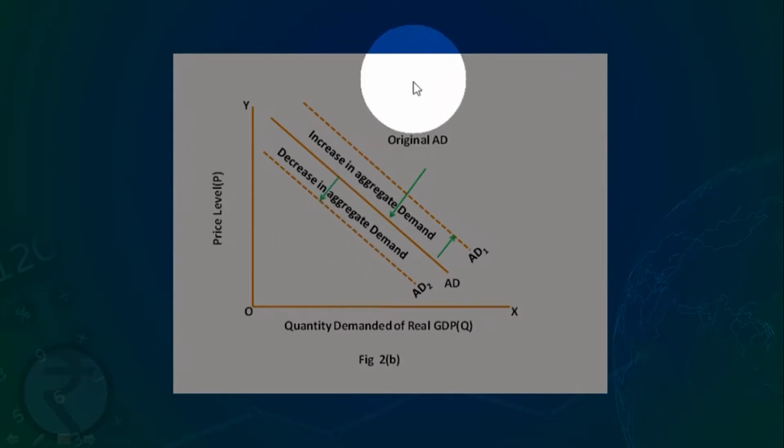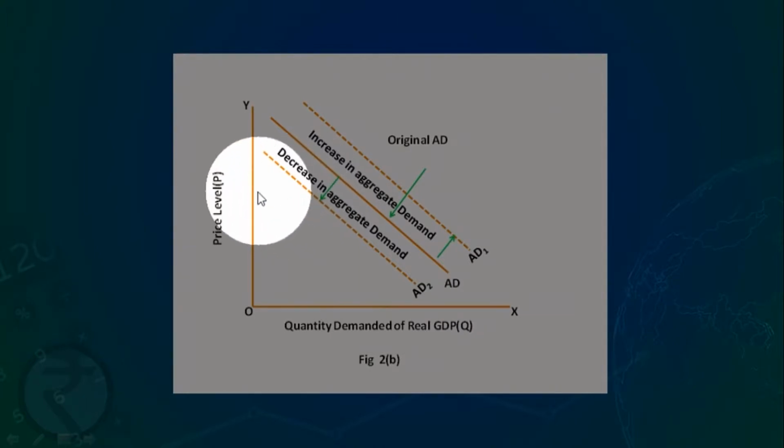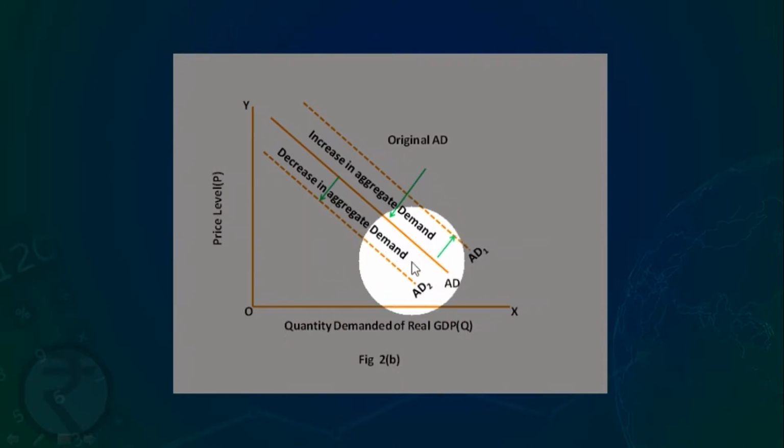When there is decrease in population or decrease in incomes of the people, then people start buying less at the same price. Now because they have less money income with them, they will buy less amount of goods and services. So at the same price aggregate demand comes down and we get a new aggregate demand curve that has shifted to the left. Now it is aggregate demand curve AD2.